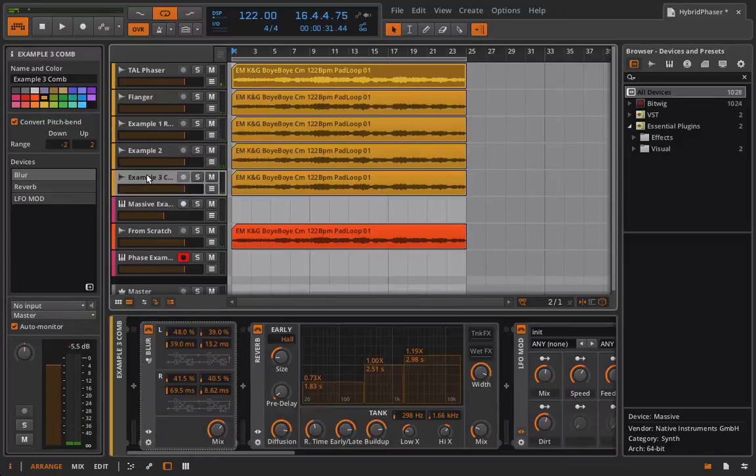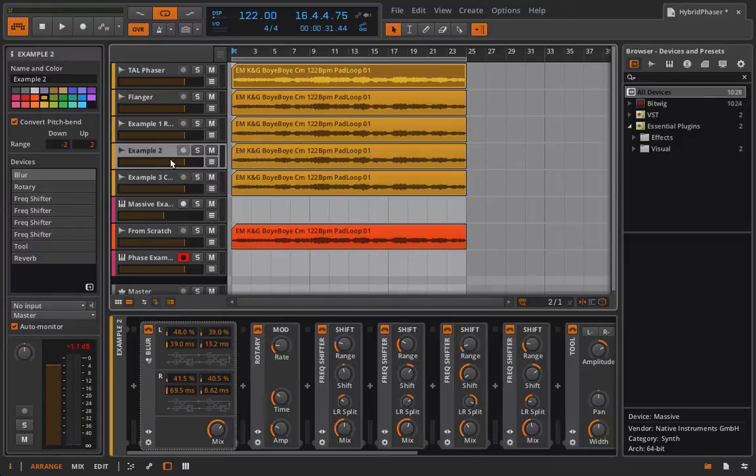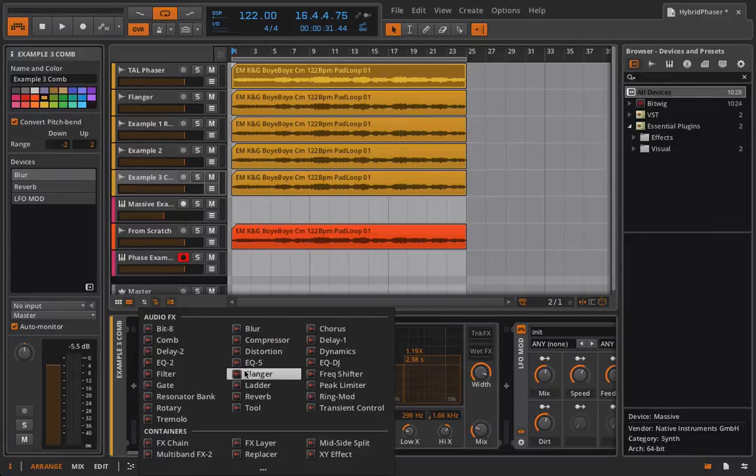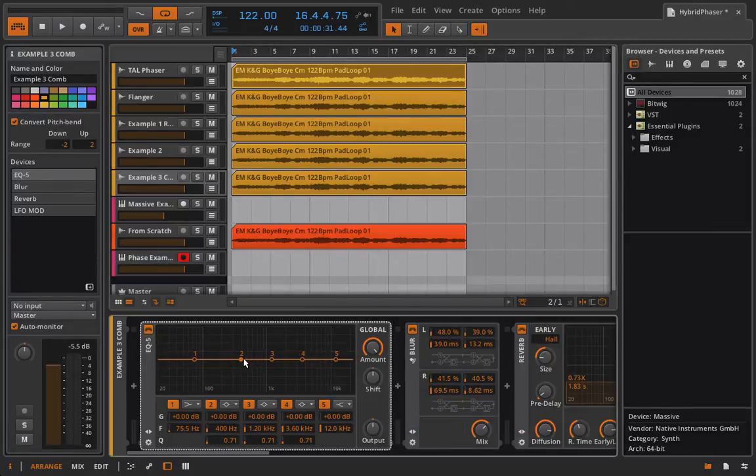Okay, very cool. For my third example, going off of that frequency shifter idea, I've actually taken a comb filter. And you can imagine a comb filter kind of being like, if this is our x-axis here, a comb filter on the frequency spectrum is going to be like this. It's going to take a bunch of points and hype them. I can even show you quickly in case you're confused. Like if I have an EQ5, we can imagine a comb filter kind of being like,